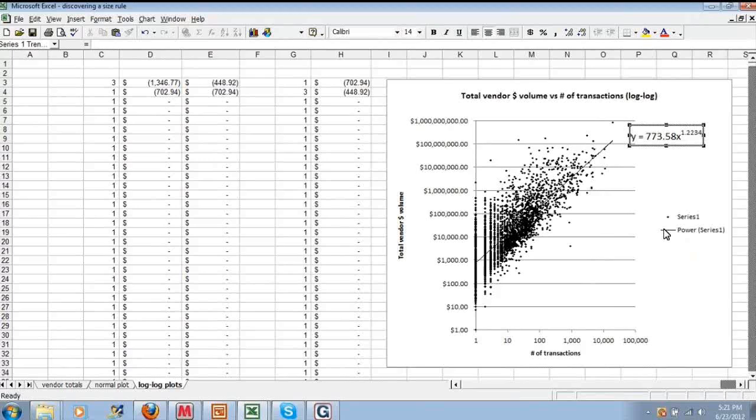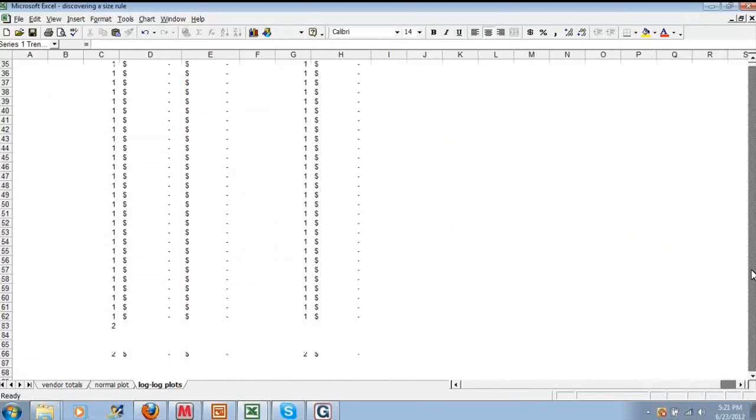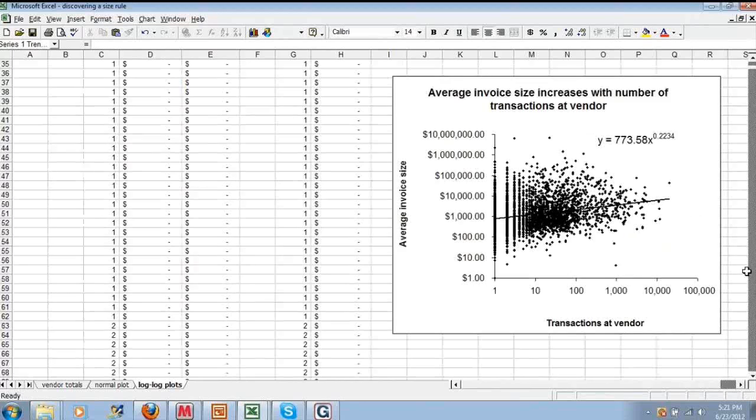The way we can break it down and determine which one goes up faster is by taking the average instead of the total volume. Now here, we have the transactions as before on the bottom, but we're looking at average invoice size, not total volume. And average invoice size is going up. The trend is upward.